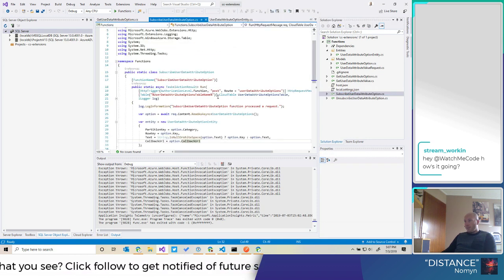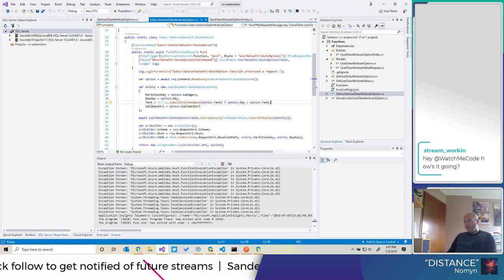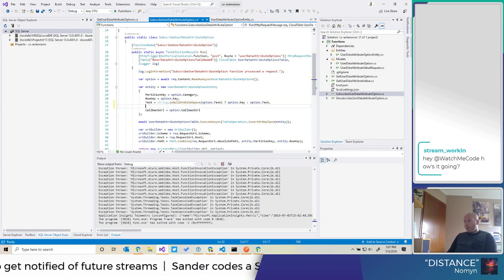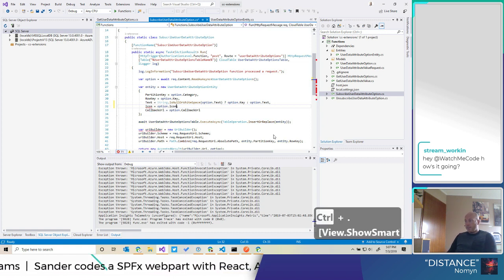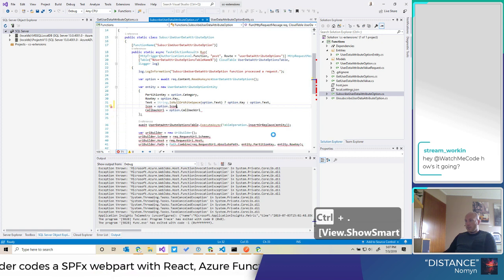In the subscribe, we need to be able that next to the text and the key, we're going to also set the icon, and that should be the option dot icon that does not exist yet. So let's generate it.